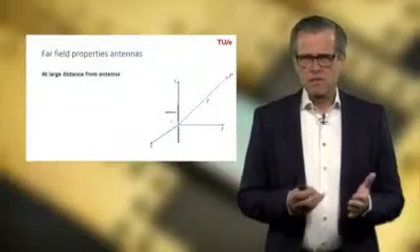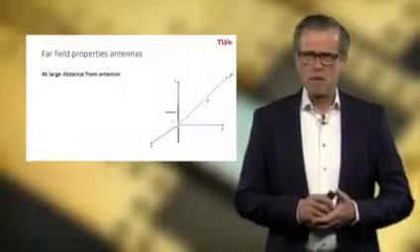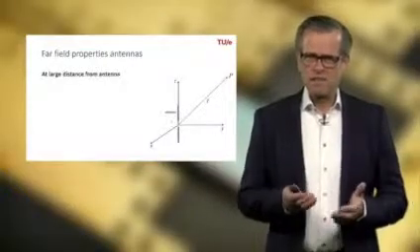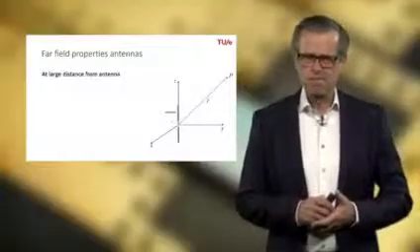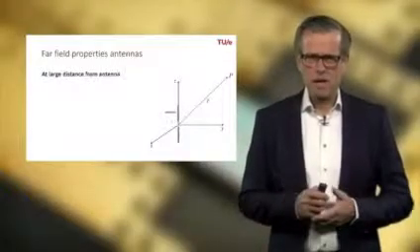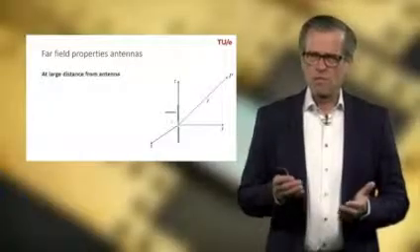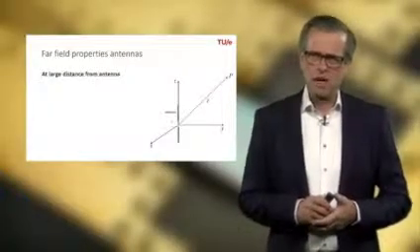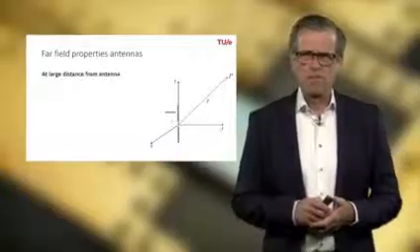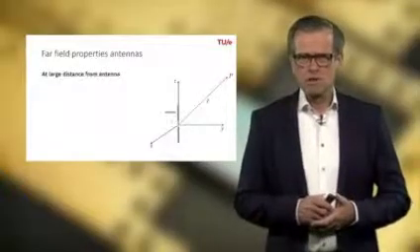Now let's consider an antenna, in this case a kind of dipole antenna located at the center of our coordinate system and fed by some voltage. And in the far field we have a point P, which is indicated by the position vector r. And at large distance from the antenna